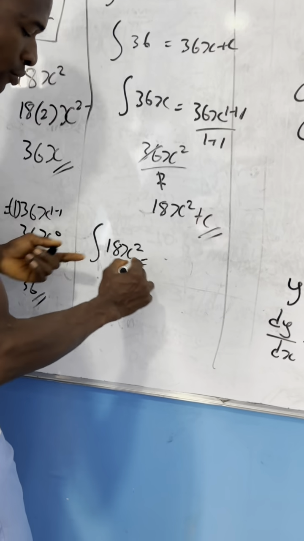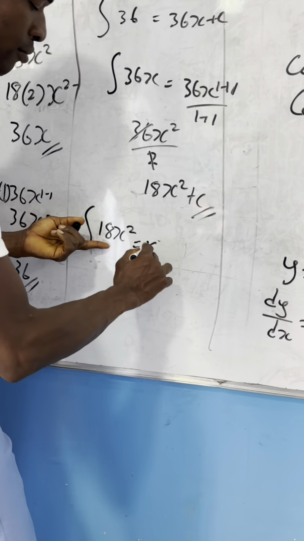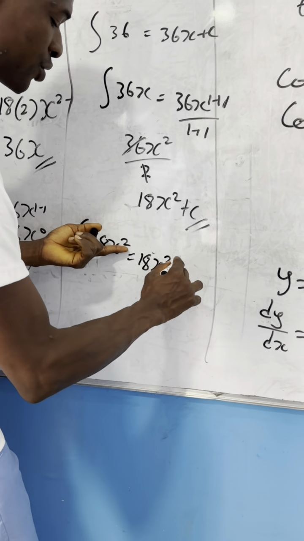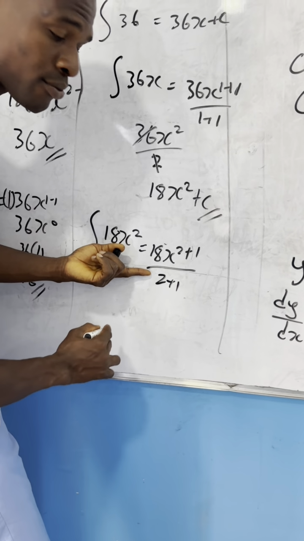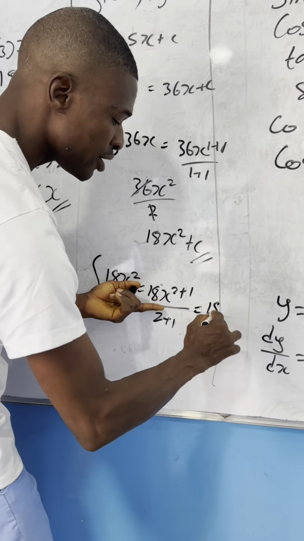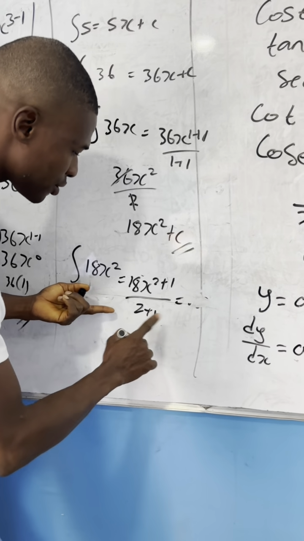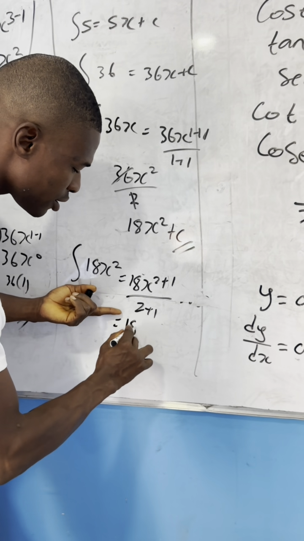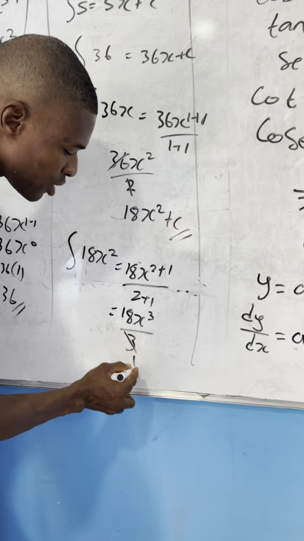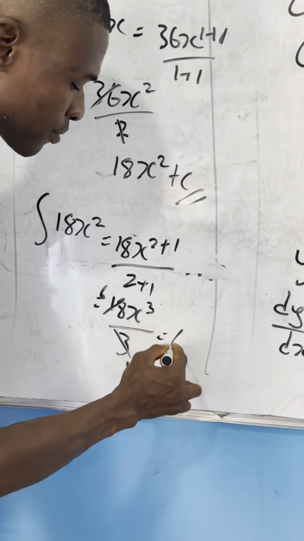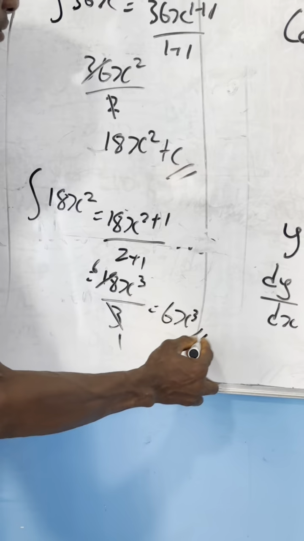What should you do? 18x squared plus 1 all over 2 plus 1. Okay, 2 gives us 18. Gives us what? 18x cubed all over 3. And 3 into 3, 1. 3 into 18, 6. We are having 6x cubed plus c,